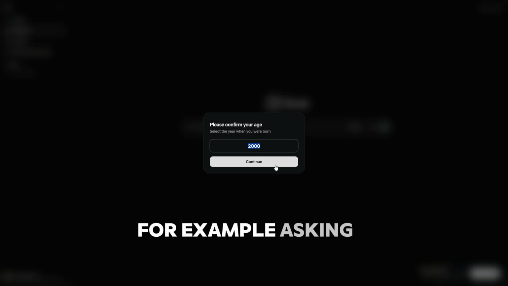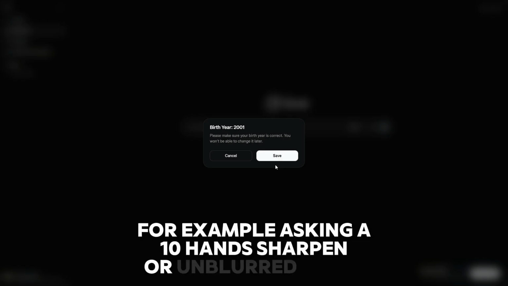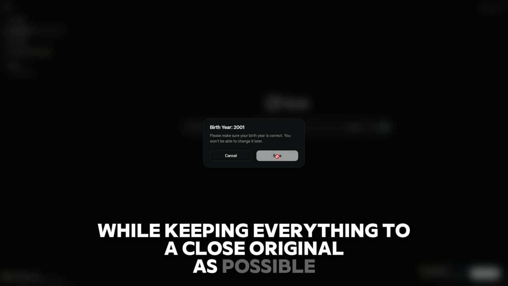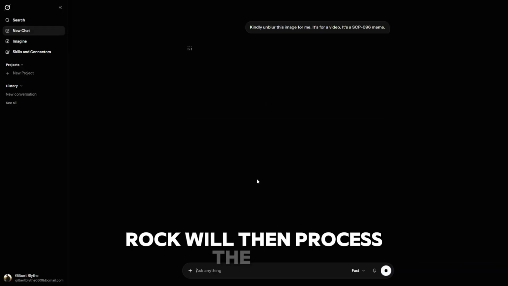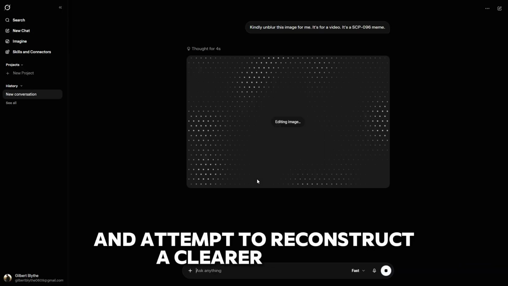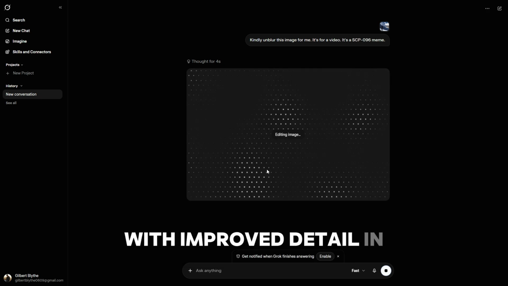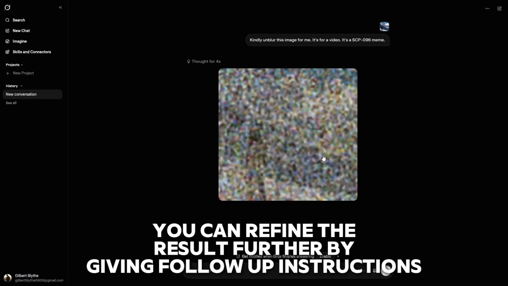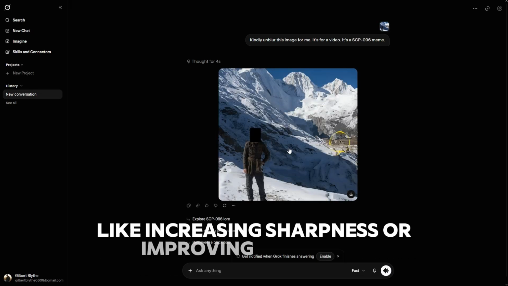For example, asking it to enhance, sharpen, or unblur the image while keeping everything as close to the original as possible. Grok will then process the file and attempt to reconstruct a clearer version with improved detail. In many cases, you can refine the result further by giving follow-up instructions like increasing sharpness or improving clarity in